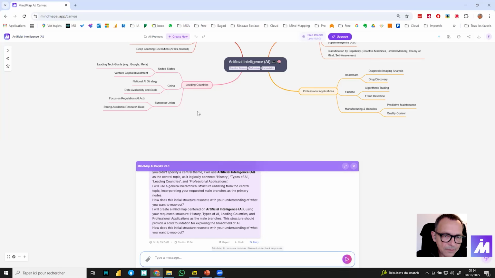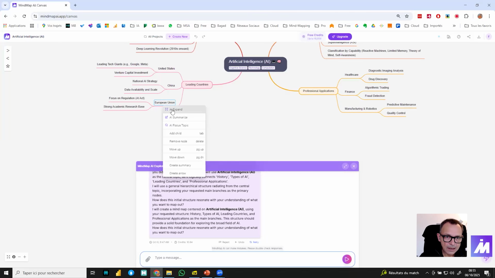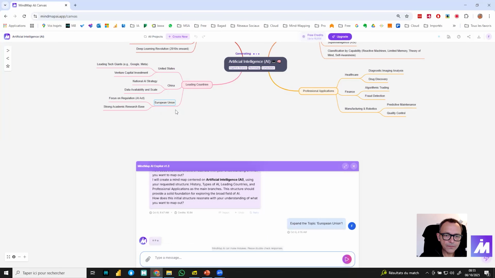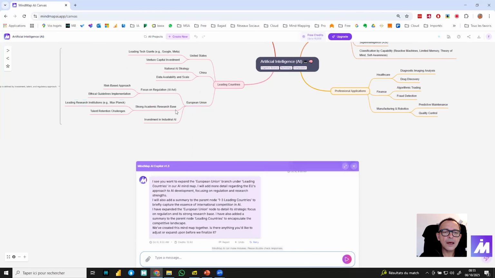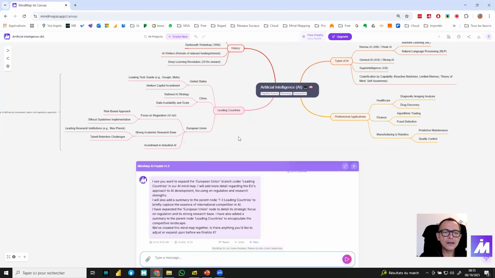So if I want to have more information about the leading countries in the European Union, I just have to right-click on the topic I want to expand and click on AI expand. MindMap AI will find more information. So it's really a very interesting